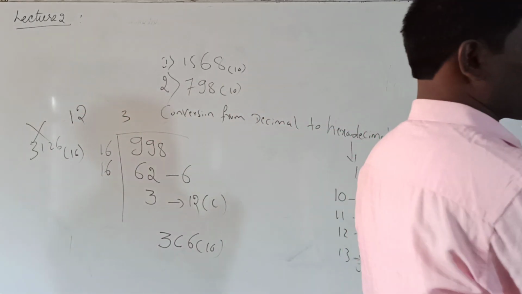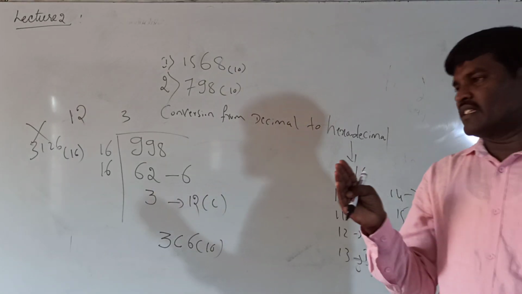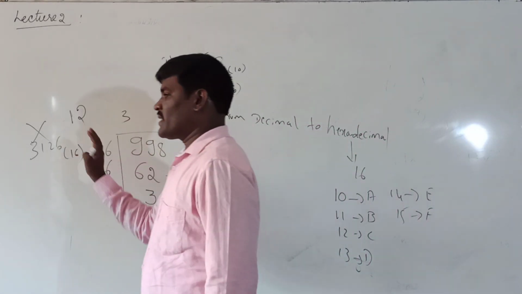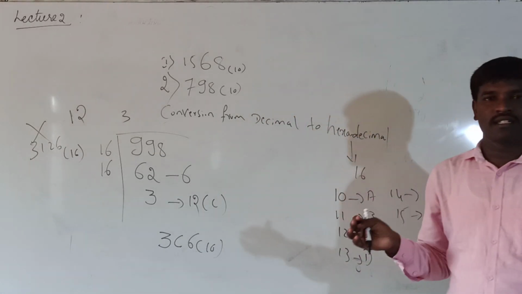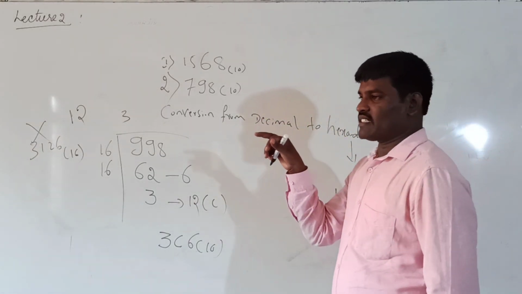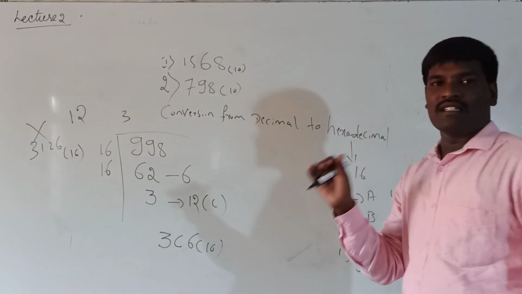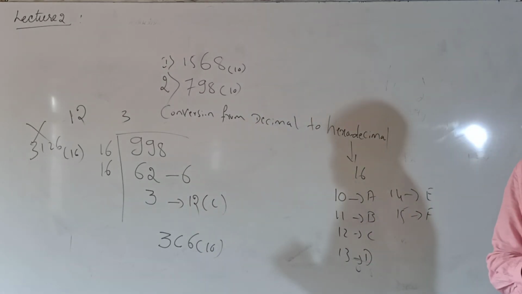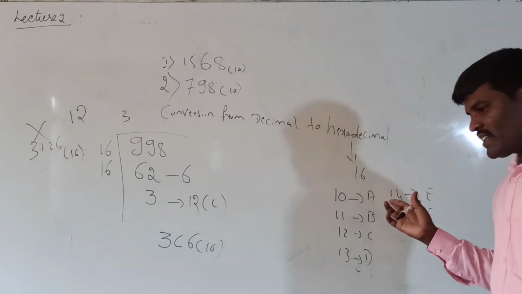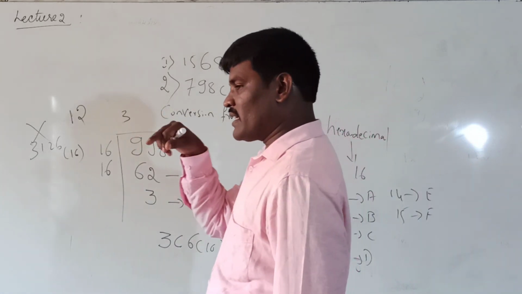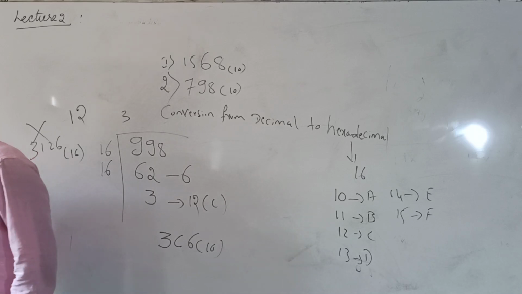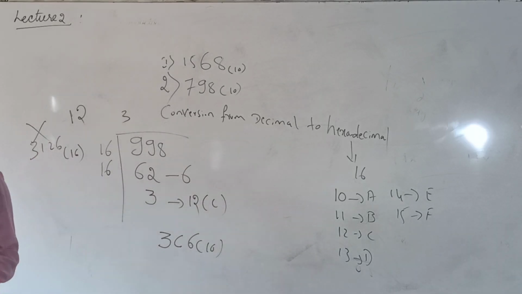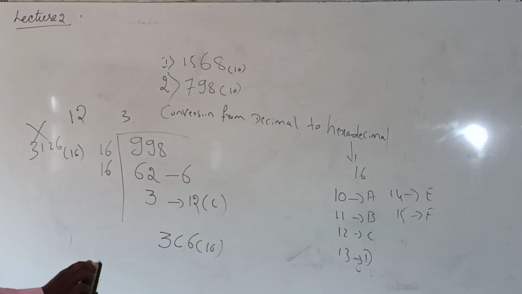So first one is decimal to binary: just divide the given number by 2. If it is a conversion from decimal to octal, just divide by 8. If it is decimal to hexadecimal, divide by 16. From binary to decimal, you multiply. First you write the powers and then multiply with 2.